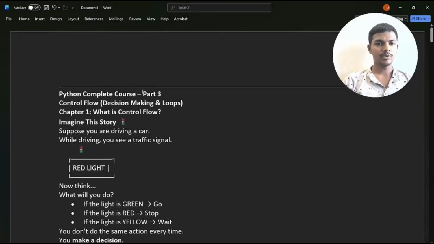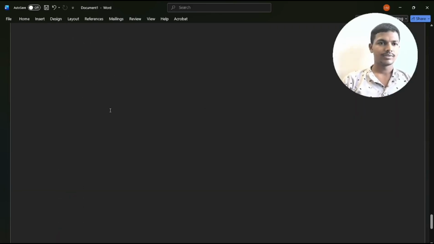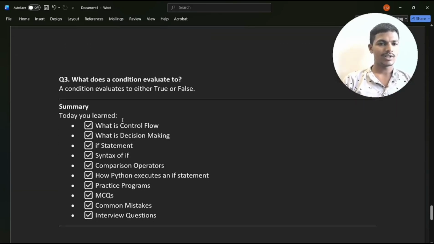Now we'll discuss part 3. It is the easiest part. Here, this part will discuss all of this: what is a control statement, decision making statement, if conditional statement syntax, operations, and some practical problems, multiple choice